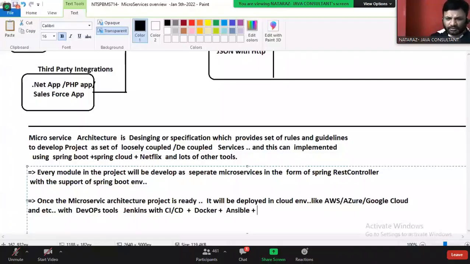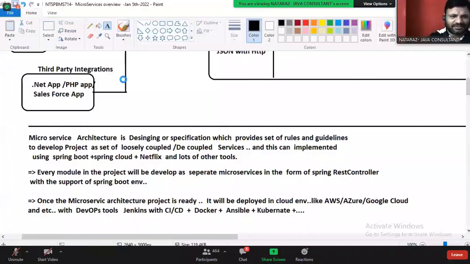Ansible plus Kubernetes. Okay, guys. Kubernetes plus etc. These are the main tools that will be used, guys.